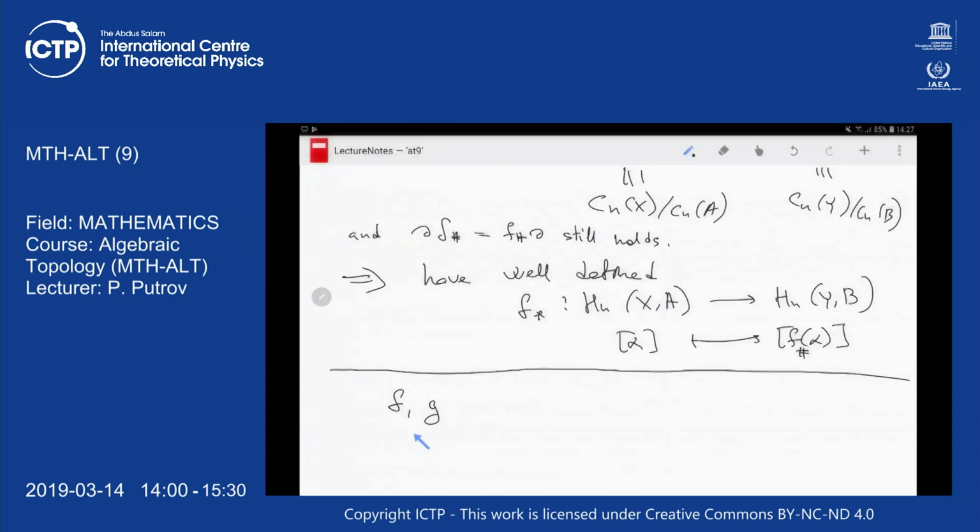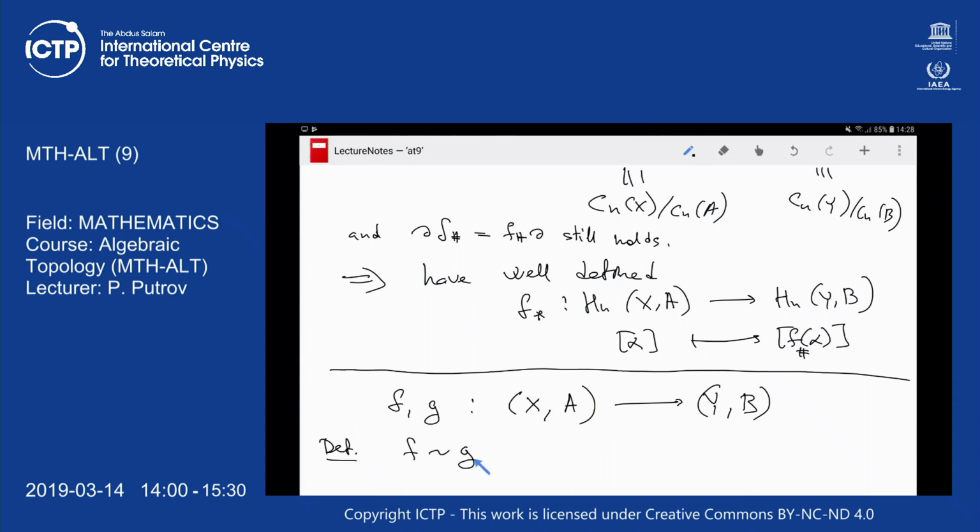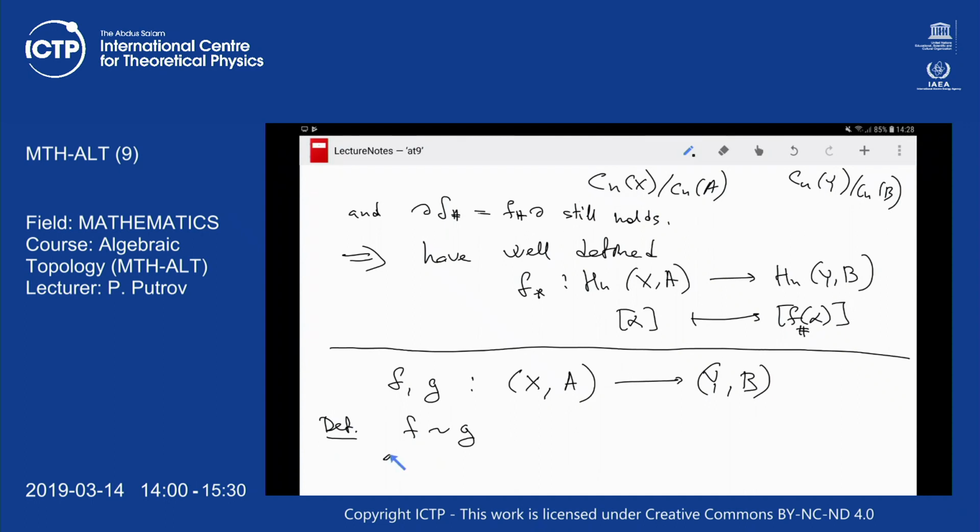Now consider, as previously for topological spaces, a pair of maps, understood as maps in the sense above, from a pair X and A to a pair Y and B, where A is a subspace of X and B a subspace of Y. Then we can define that F is homotopic to G as maps between pairs if and only if